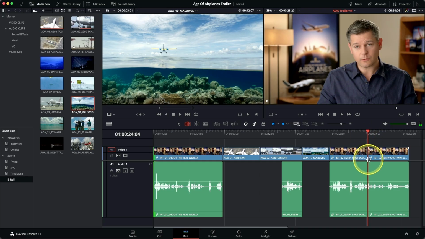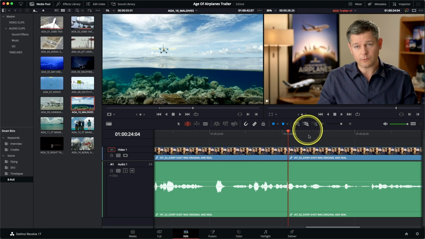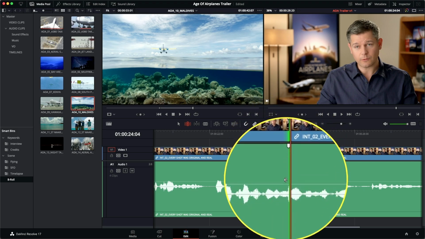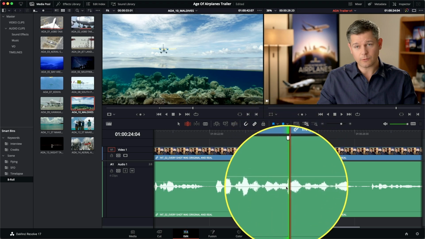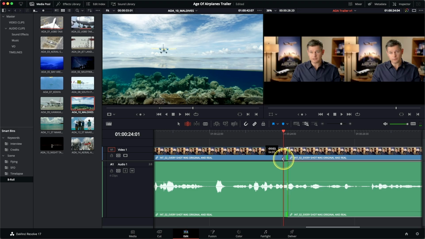Move the playhead to the edit point and then use the detail zoom button to zoom in. Sometimes I only want to trim a frame or two in either direction. So being able to zoom in means that I'm much closer to the footage and therefore have a little bit more control over it. In this case, I'm actually just going to select the outgoing part of this clip here where the waveform shows me that probably I'm just catching the outgoing word there. And now I can click and drag